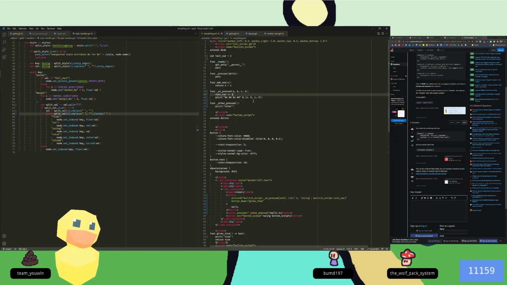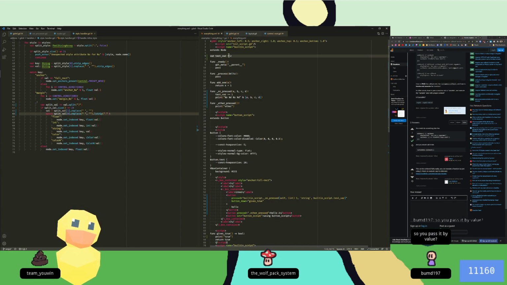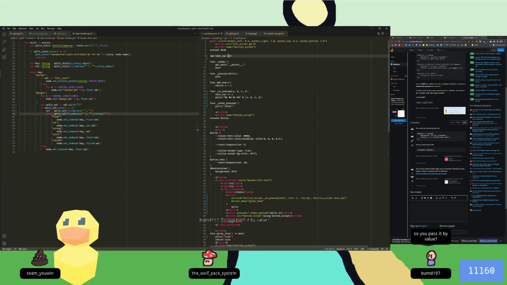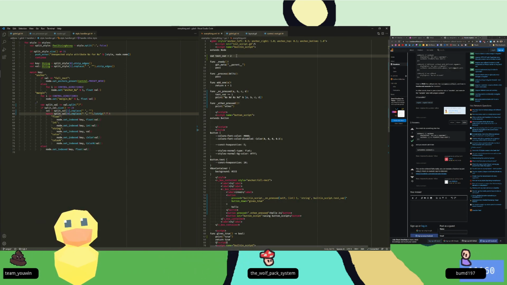Oh no, I gotta think about that. So I'm able to pass in a static value from one of these classes. So you pass it, yeah, it's passed by value. Well, it's because it's a primitive, right? I think if I were to do